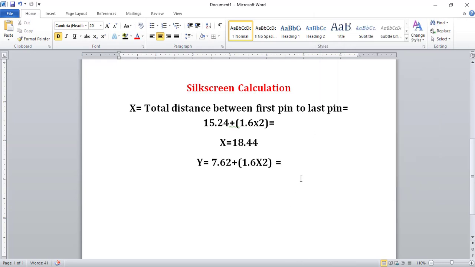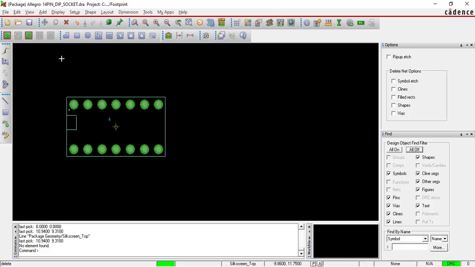Super. 10.82. Got it. What we have to do?